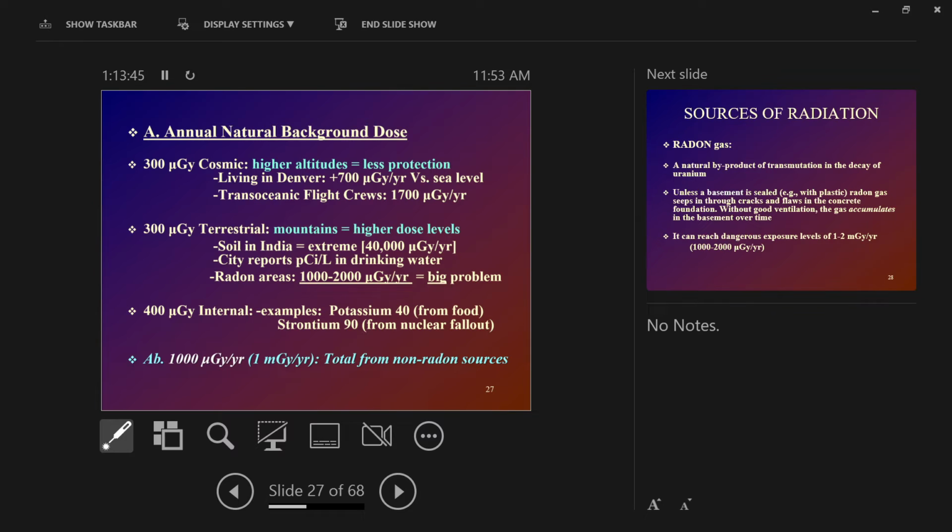For whatever reason, the soil in India is extremely high, 40,000 microgray per year. That's 40 milligray per year, just because the soil in India is more radioactive. City drinking water, as we just said, has some radon. Radon is a radioactive gas that accumulates in basements. It comes up from the ground. It's coming out from the ground everywhere, but importantly in